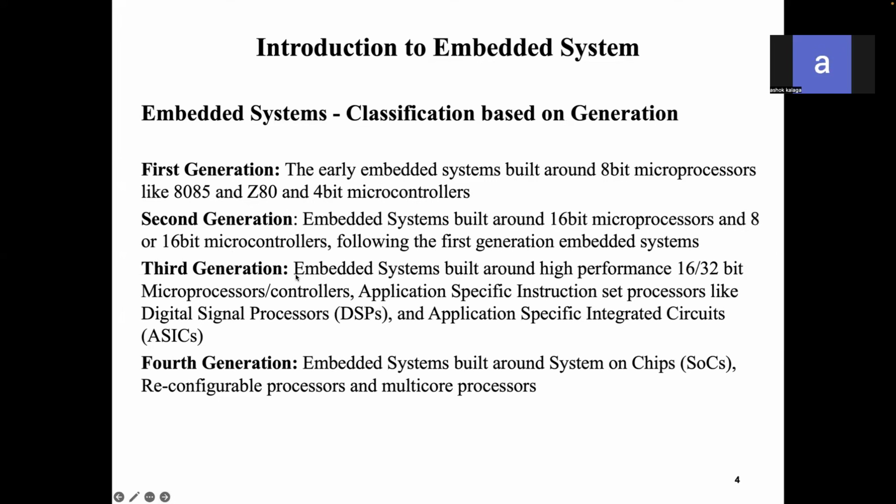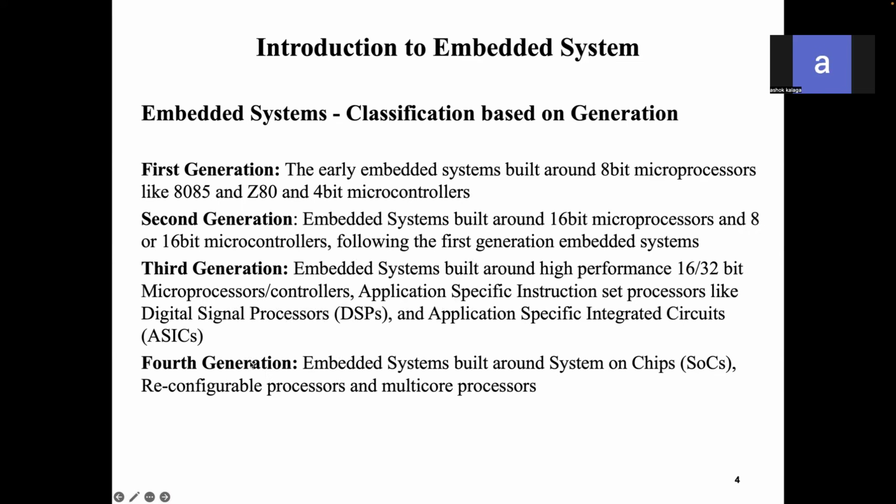Next, second generation. The embedded systems built around 16-bit microprocessors and 16-bit microcontrollers, following the first generation of embedded systems. So these are called second generation embedded systems. Third generation: the embedded systems built around high performance 16 or 32-bit microprocessor controllers. So these come under third generation, like ASICs, application specific instruction processors, digital signal processors, and application specific integrated